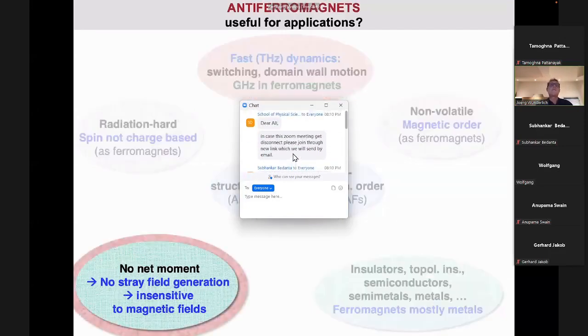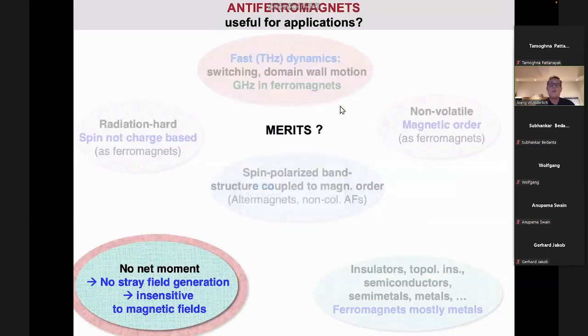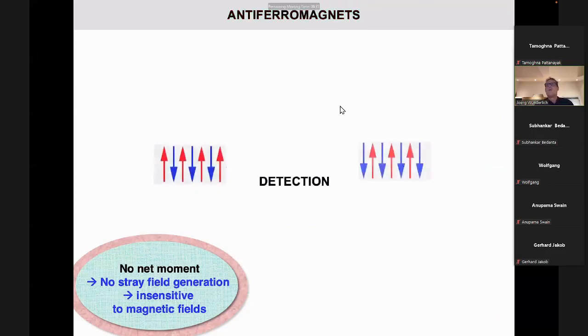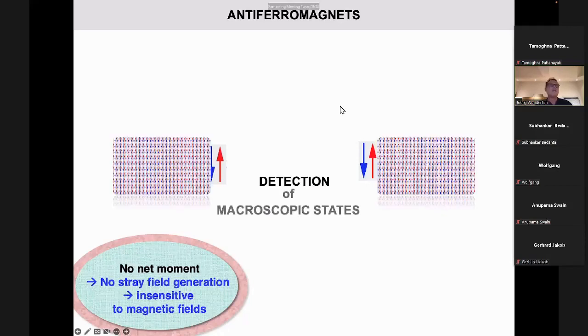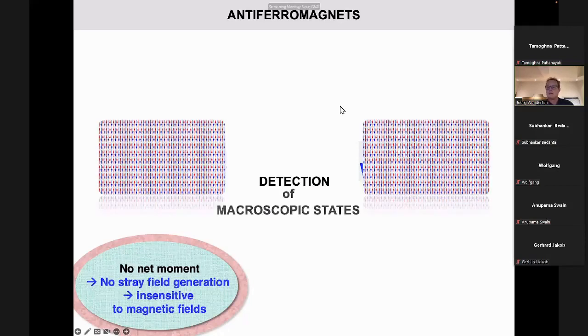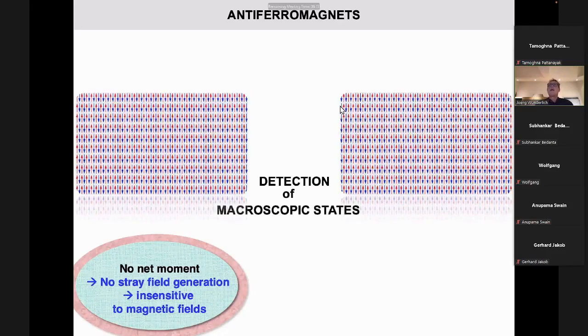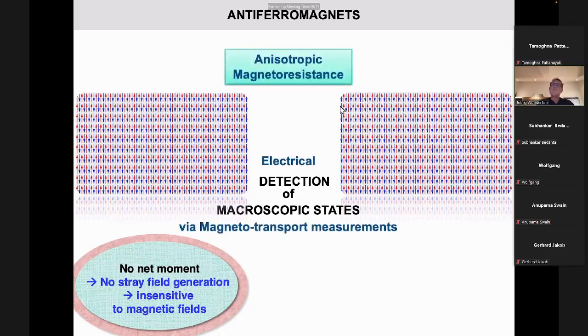However, the fact that they don't show a net moment is maybe not only a merit, but could be also a problem, because how do you want to detect the magnetic state? Well, you may think those states are different when you zoom in and really look into the individual spins. But if you look at a macroscopic state, those two states seem to be identical, right? Well, there is an effect which can be used to distinguish at least